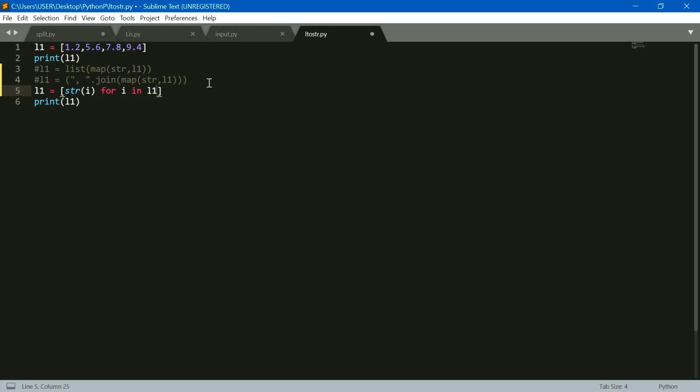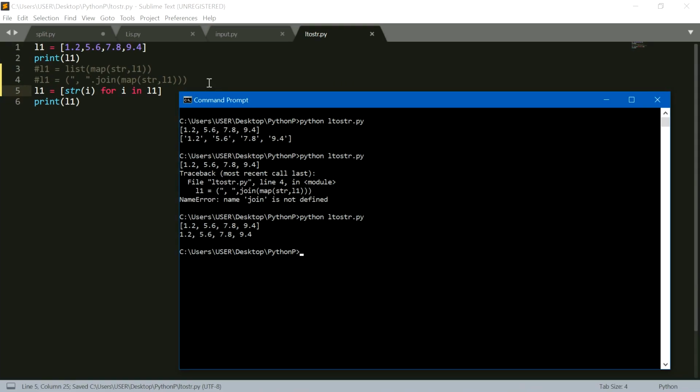So in this way you can easily convert it into this list of strings. This method is also very important, and now you can run your Python program in this way. Here you can see that it converts it into a list of strings. So basically in these ways you can convert your list of floating point numbers into a list of strings.